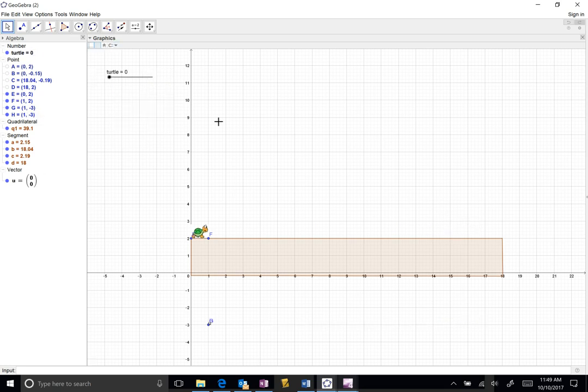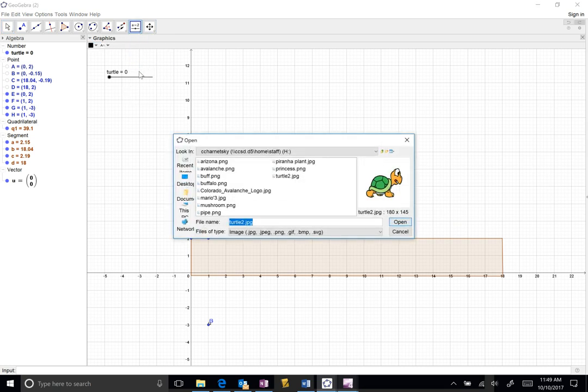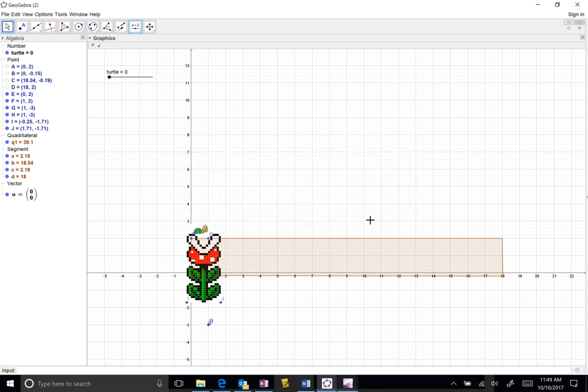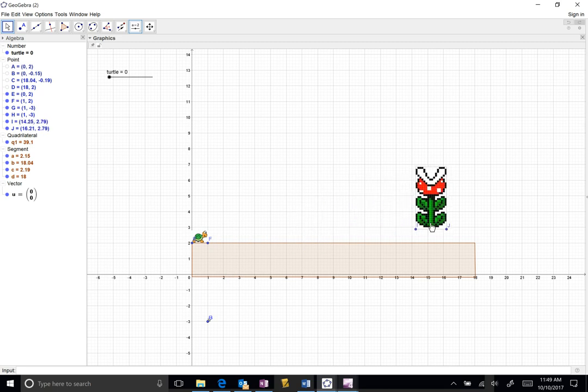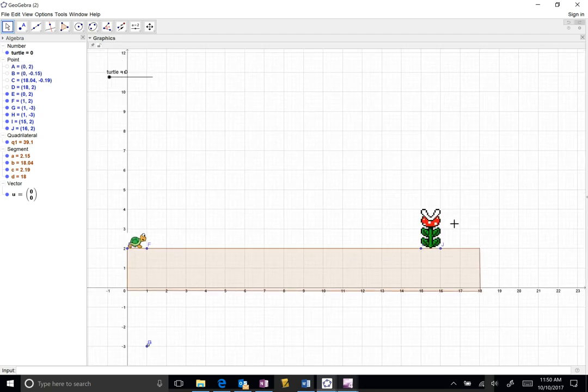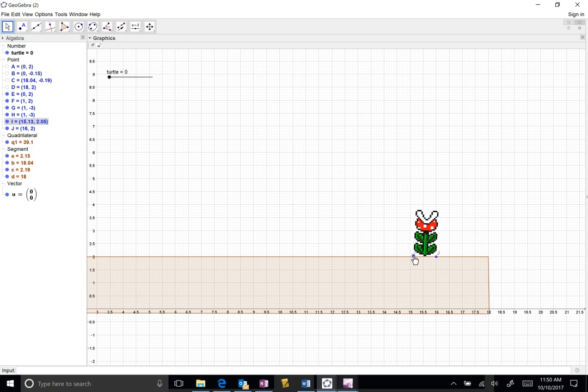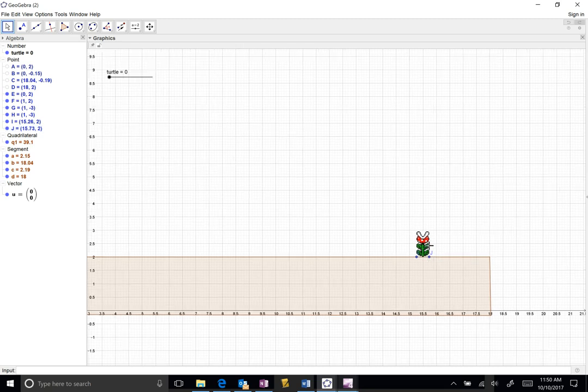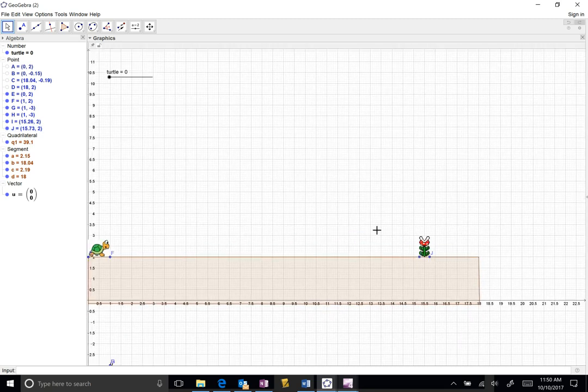Next, piranha plant. Let's go ahead and download the piranha plant. Okay. And like I said before, we'll put them over here, but if I remember correctly, for piranha plants we want to put them a little bit closer than one. Something like that would be good. Okay. So now I've got a piranha plant,